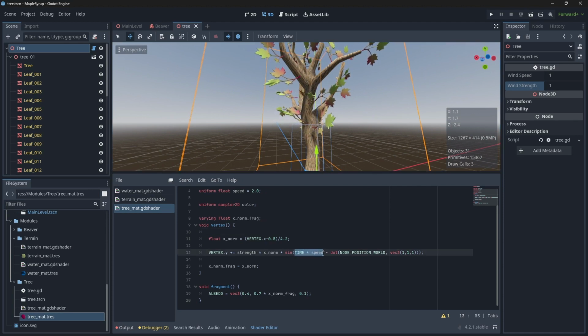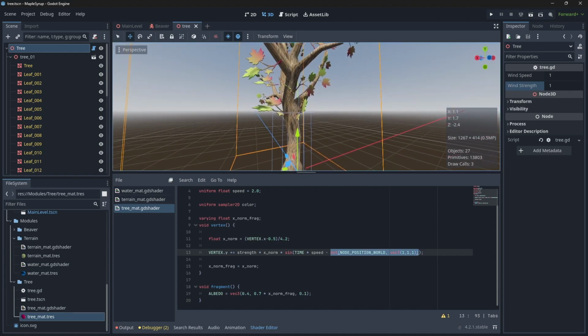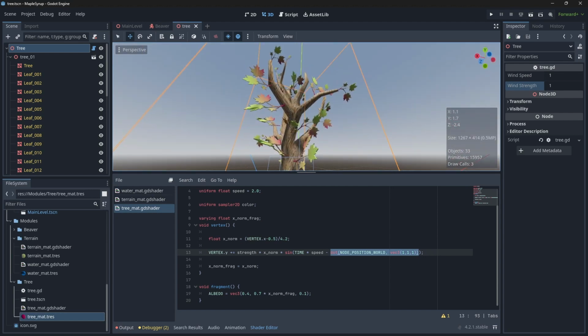What I'm doing, so like sine function, right? This is your frequency portion. And I have a speed, and that's where the wind speed comes in. And then I'm subtracting off, I'm taking the dot product of the node position world, which is the object origin point for each of these leaves, and dot producting it with 1, 1, 1. So this effectively adds your X, Y, and Z position,